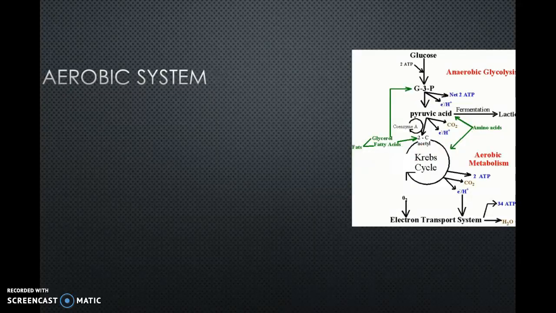Aerobic system. Glycolysis takes glucose and produces pyruvic acid. The enzyme lactate dehydrogenase is the catalyst for conversion of pyruvic acid into lactic acid. This process makes the muscles acidic and fatigue, causing onset of blood lactic acid. To reduce this, coenzyme A attaches to pyruvic acid, so it issues